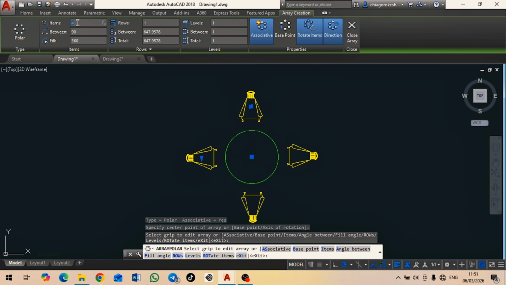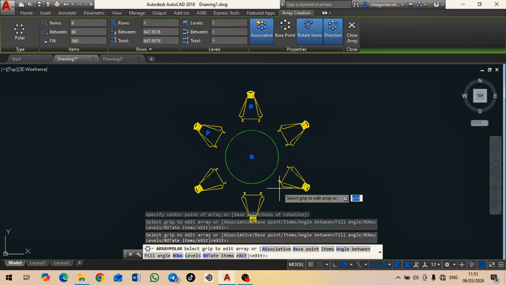So let me just go back and make use of that. Let me use 6. Now I type 6 and press enter. Now as you can see, the next thing that we need to do now is,